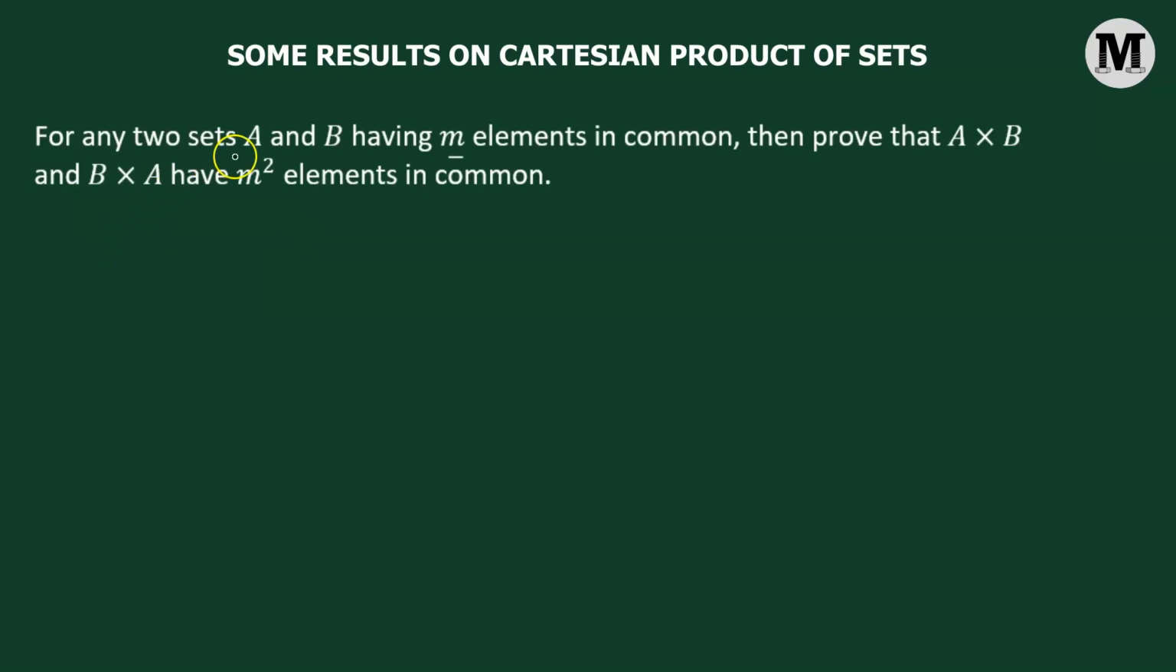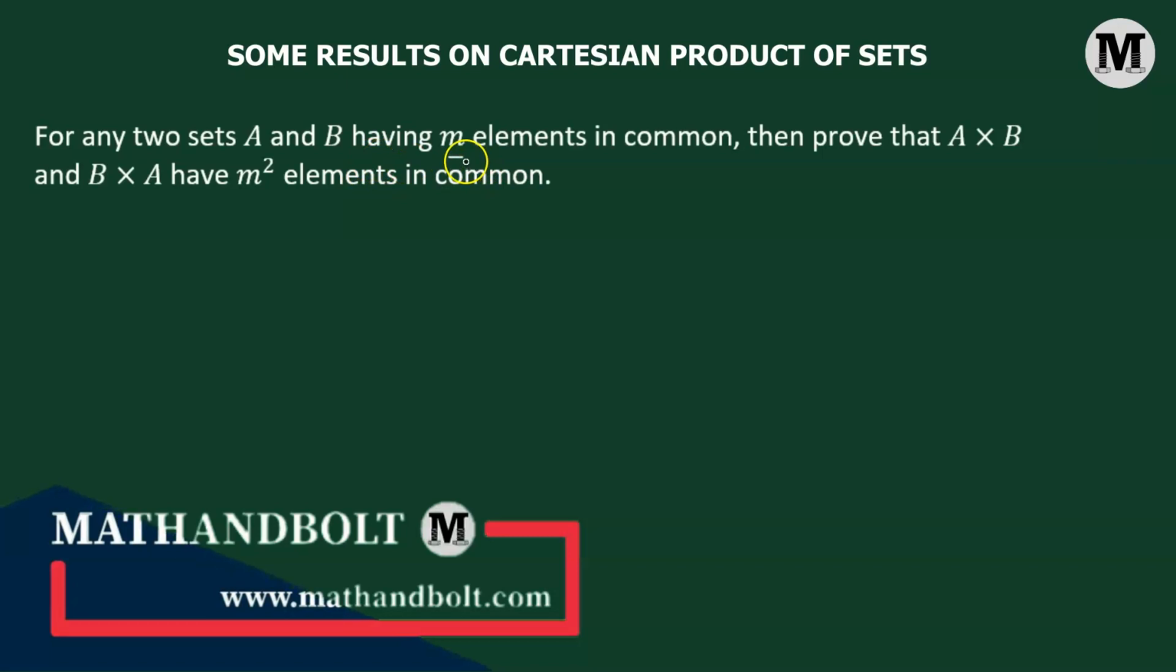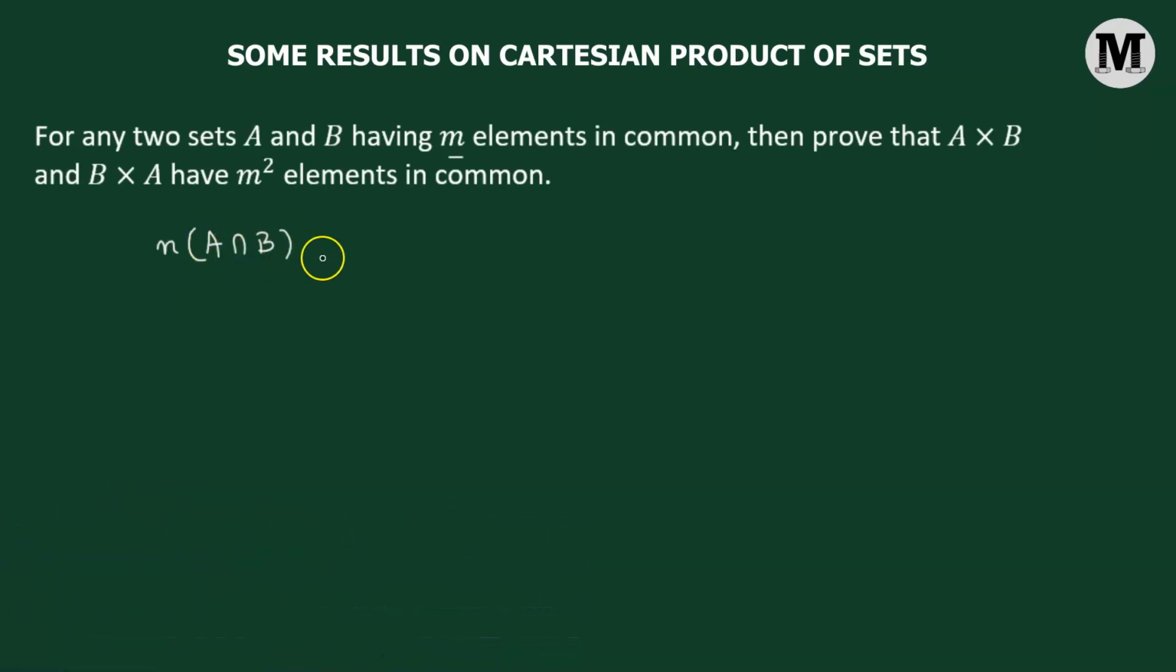So here we have two sets A and B, and it's mentioned here that both of these two sets have m elements in common. So that means the total number of elements in the intersection of the two sets, that means A intersection B, is given here that this equals m. This is given to us. And with the help of this, we need to prove,